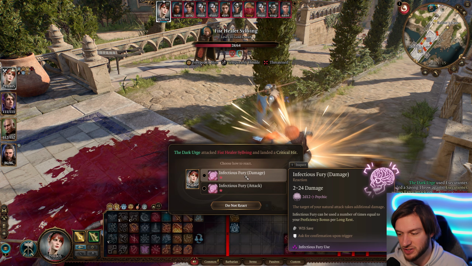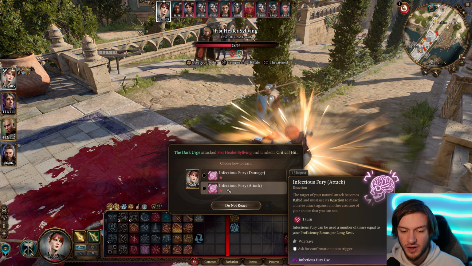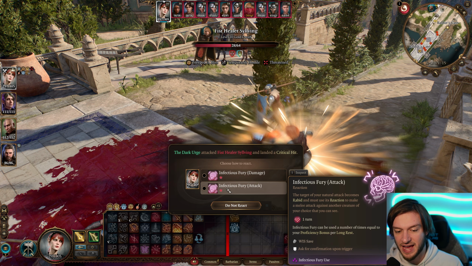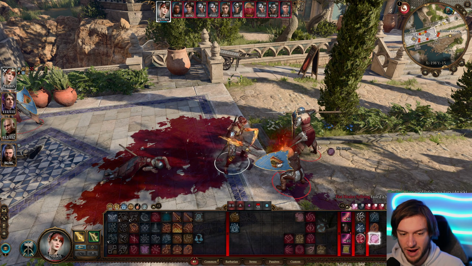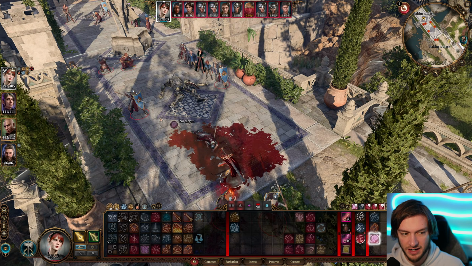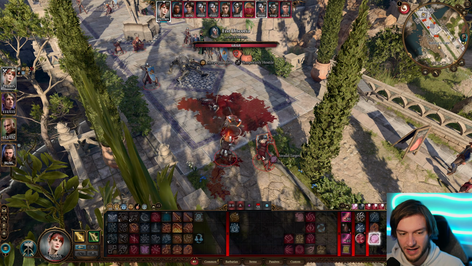And here's the Infectious Fury. So we can add a 2d12 psychic damage to the attack, or the target of your natural attack becomes rabid and must use its reaction to make a melee attack against another creature of your choice that you can see. So we're going to use that, and then we can apply the rabid attack. We can declare the attack. I don't know why it says an invalid target, but it should allow you to target this target here